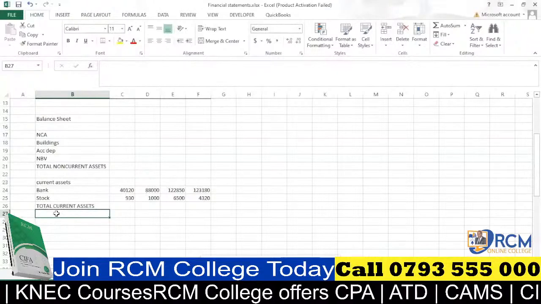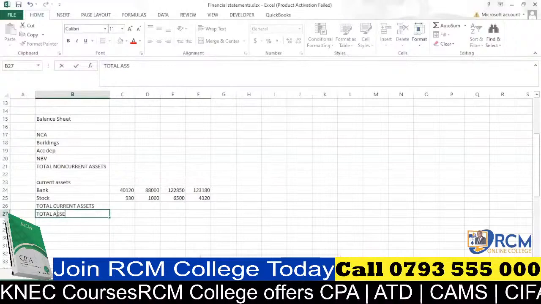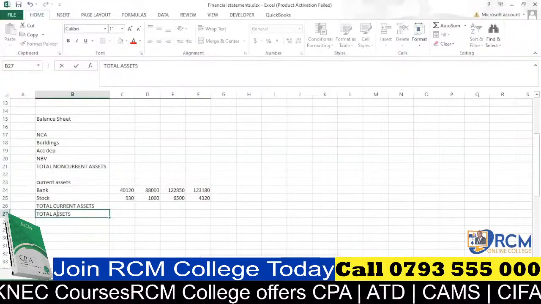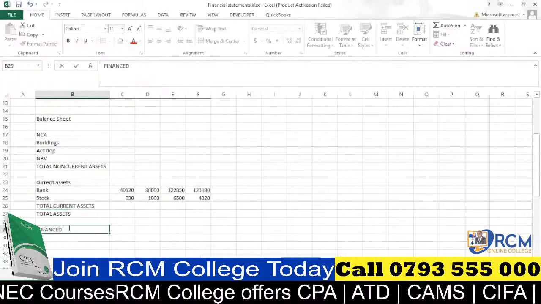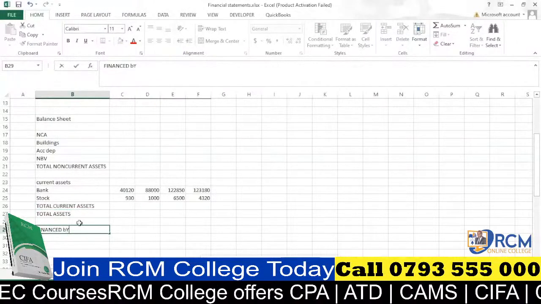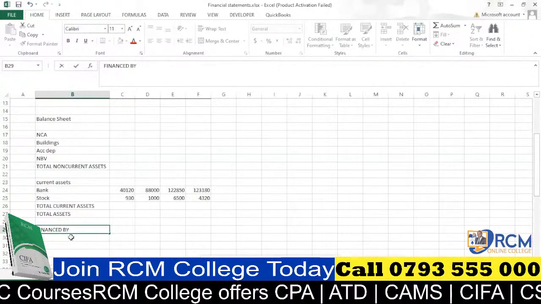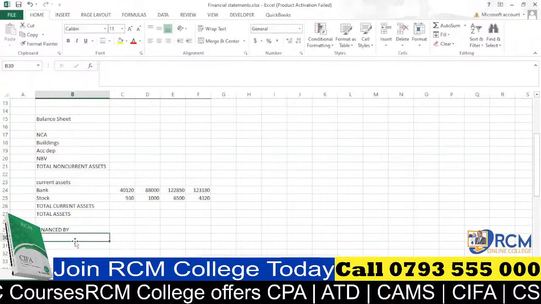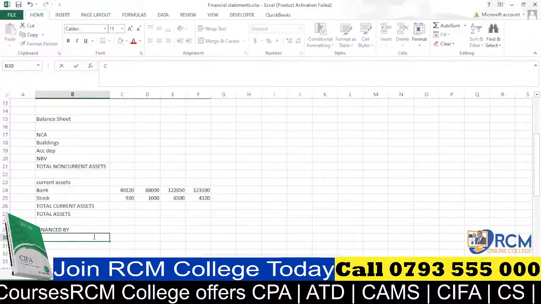From there, we are now supposed to get total assets. Then we move to financed by. Under financed by, we are supposed to have capital